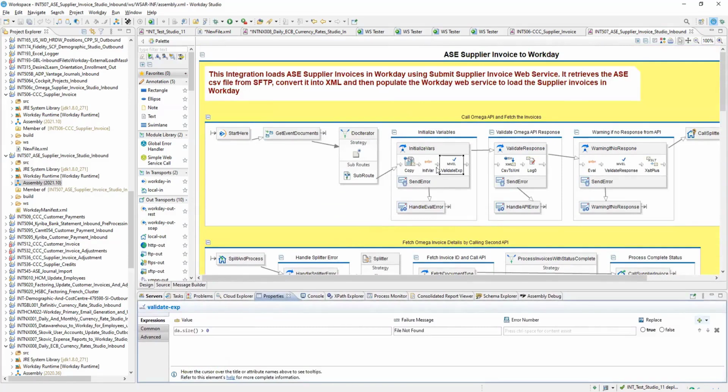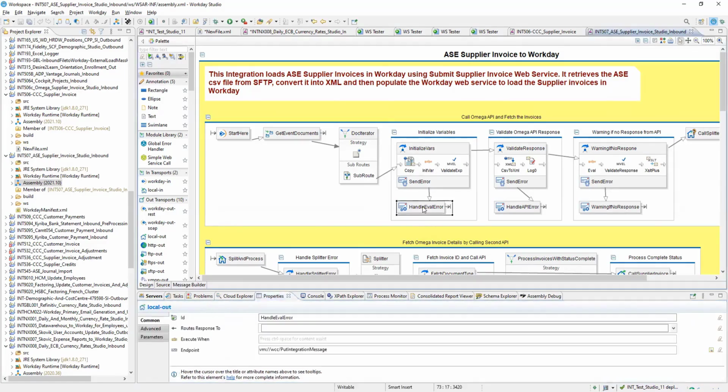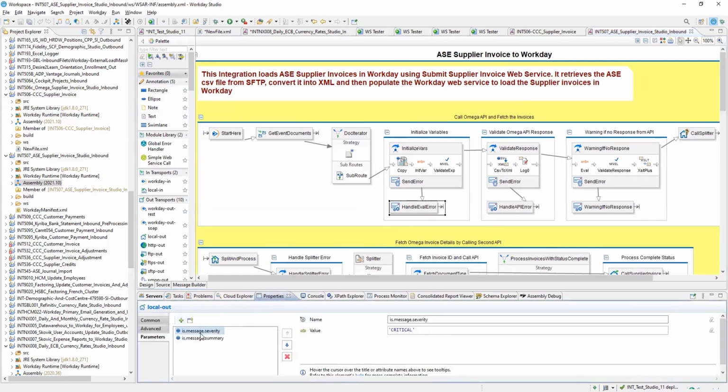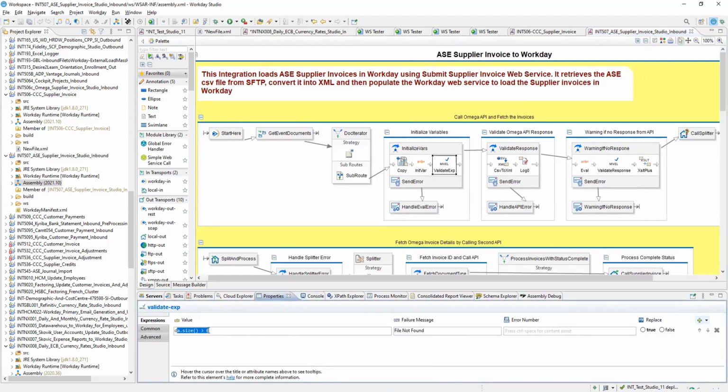After that is the MVEL expression, which is a component called validate expression, and you are checking that the size is greater than 0. That means if there is no file on SFTP, it will give an error. The async has a sender component and it is going to put an integration message. I've changed the name to handle event. The way this works is it executes this; if it is true, it goes to the next component.